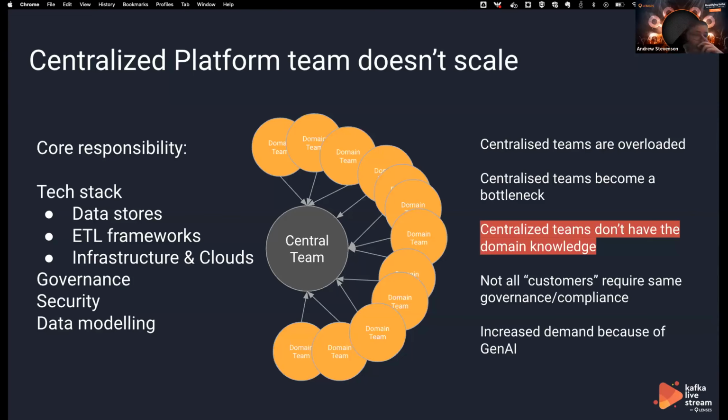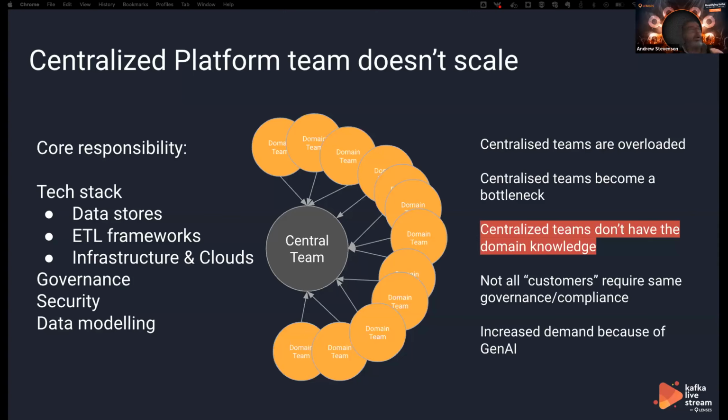In my experience, that was the big data stack, the SQL Server. It could be the newest stacks as well that are around. There's lots of them. So you have to concentrate on your tech stack of how to move the data in, what the intricacies of that tech stack are, how they work. Plus, now you've got all the cloud infrastructure as well to contend with. And on top of that, typically you would also have the governance around it, making sure that you have the security, who can access what data and where, plus all the data modeling.